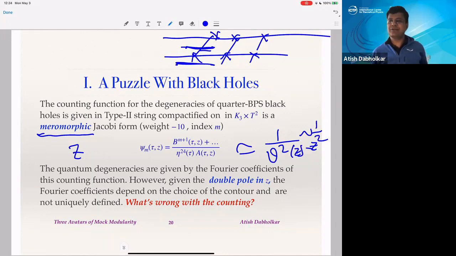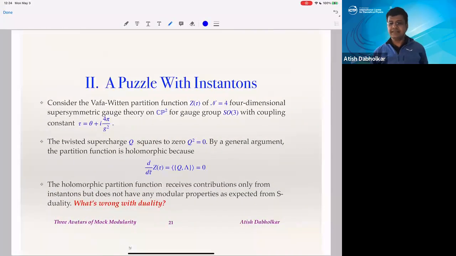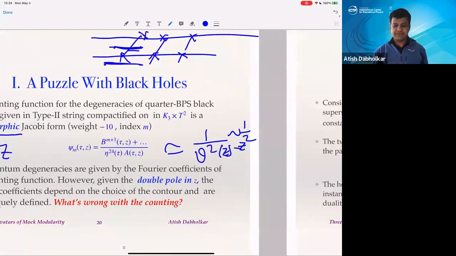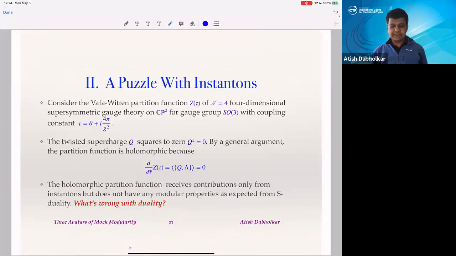So there must be something wrong with the counting. So what is wrong with the counting? That's the question. And the answer to this question will turn out to involve mock modular forms. Then there is another puzzle with instantons. A physical way to say that is that suppose you are